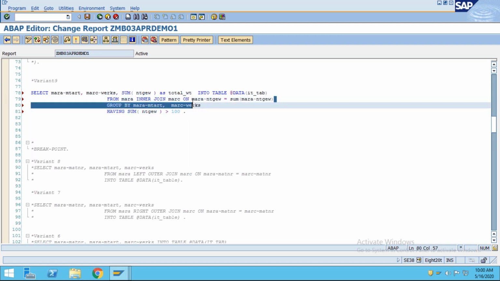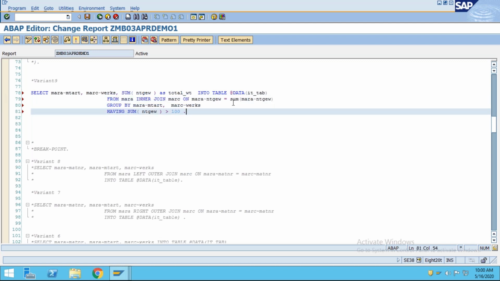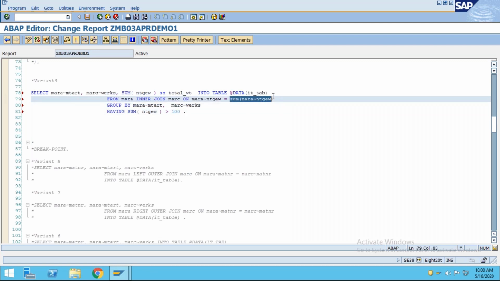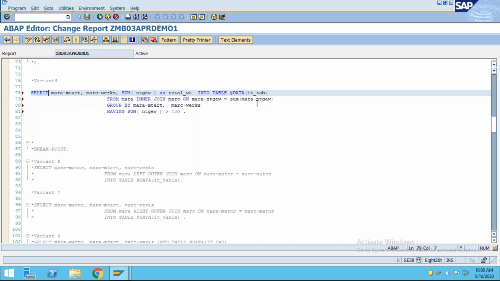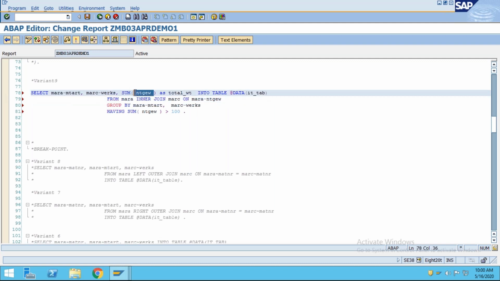No, actually, one doubt is there. When we do sum, you told we should not use MATNR. In case if we want to display MATNR also in output, how to do? Okay, in case if you want to display the MATNR, you can use the MATNR in that case. You can use, but what the system will do, material number wise, it will give the aggregation, right?